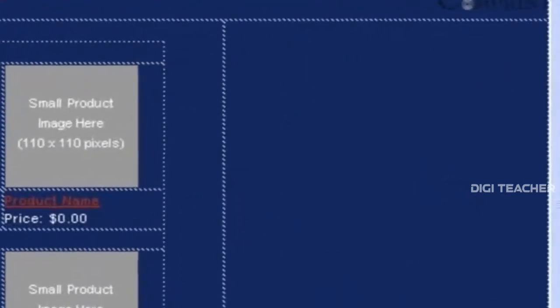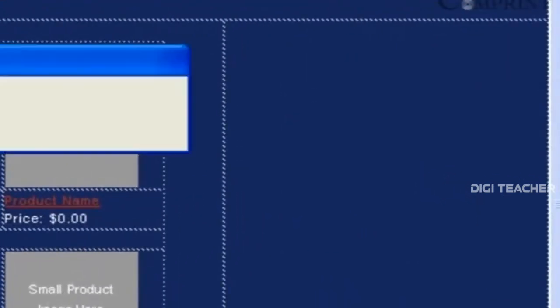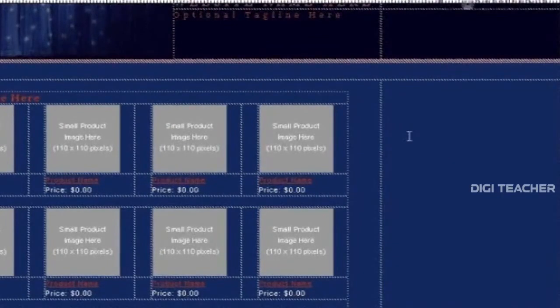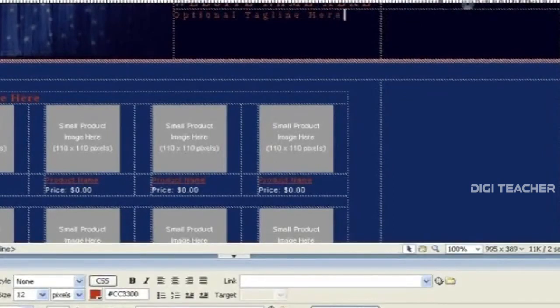By clicking on this small button on the right side of the window, we can get all the other panels like the CSS, Application and Files panels. To collapse or hide them, we can click the same button again. In the same way, at the bottom there is also one more button. By clicking this button, we can get the Properties panel. To hide this, we have to click the button again.